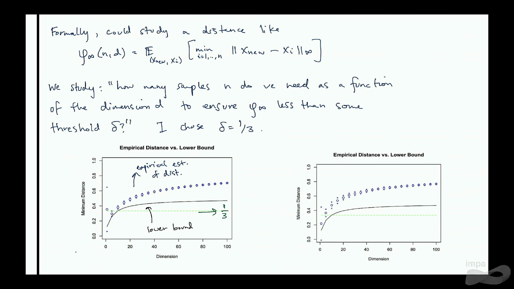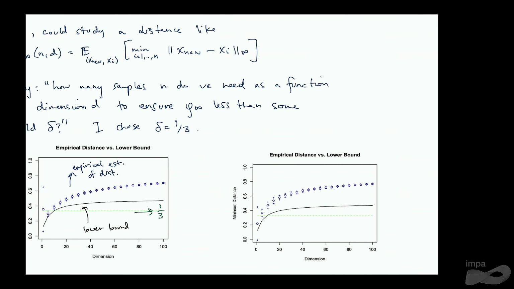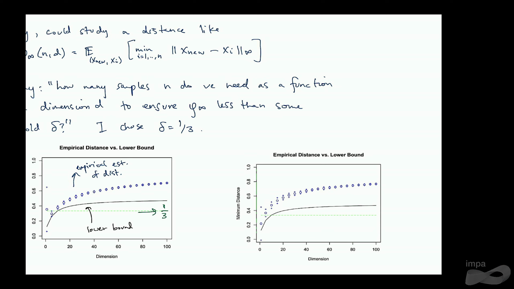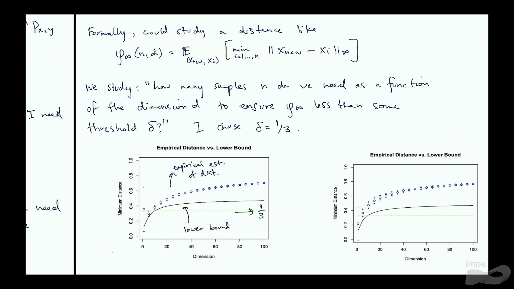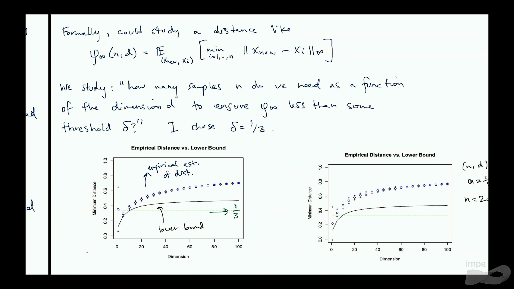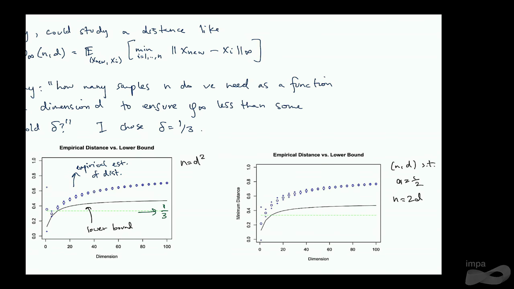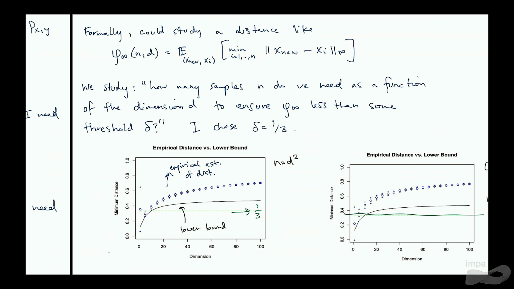Okay, let me make sure I'm looking at this. I think I got this right. So in this plot I chose n and d such that alpha equals 1/2, so n equals 2d. And in this one I chose an even more aggressive scaling: n is equal to d squared. But the idea is, if you look at this 1/3, in both plots,